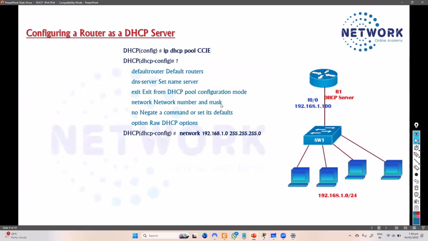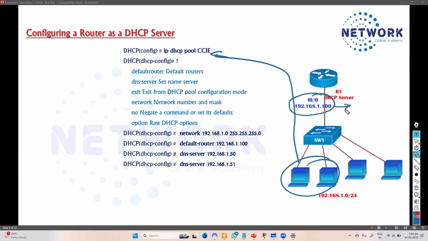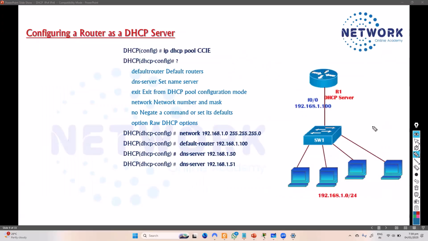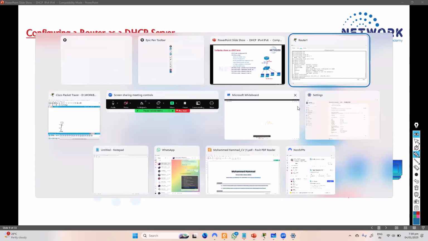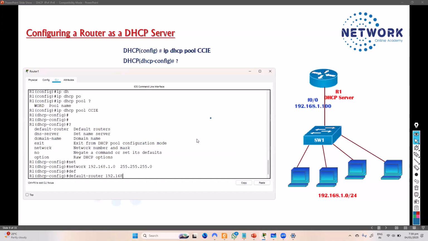Additional parameters: we also give the default router and the DNS. The default router is important for routing, because if a user wants to send a packet outside the network, it will go to the gateway. So every device should know the gateway address. Let's tell the gateway address as per my lab. It is